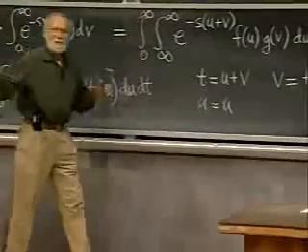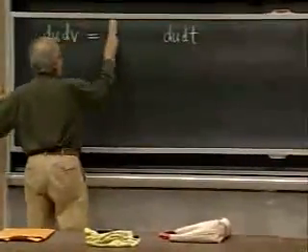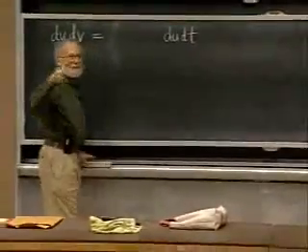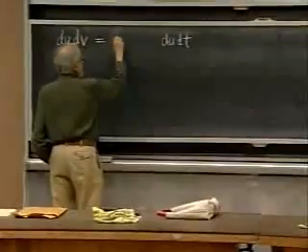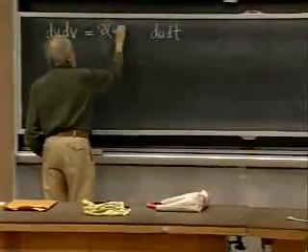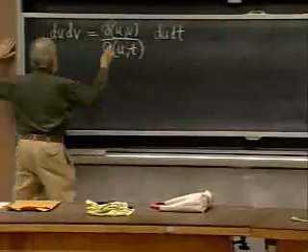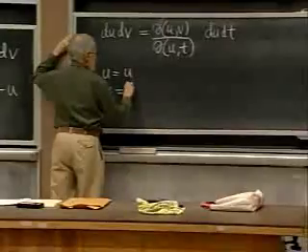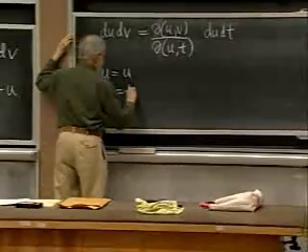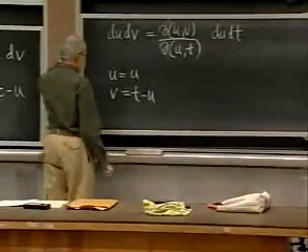Oh, come on, you only lose 2 points. It doesn't matter if you put in the Jacobian. As you see, you're going to forget something, you'll lose less credit for forgetting that than anything else. So it's the Jacobian of u and v with respect to u and t. To calculate that, you write u equals u, v equals t minus u. And then the Jacobian is,